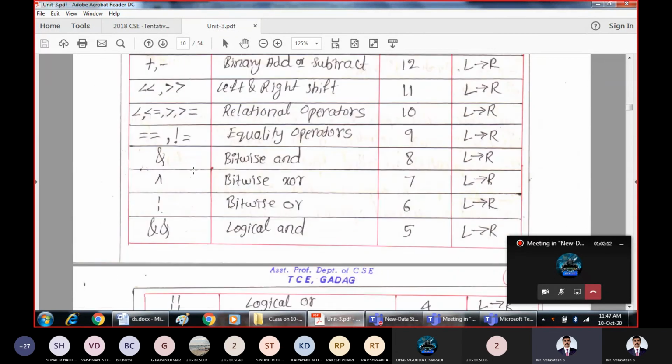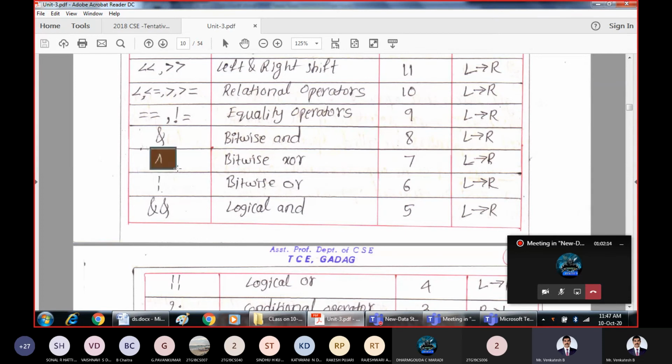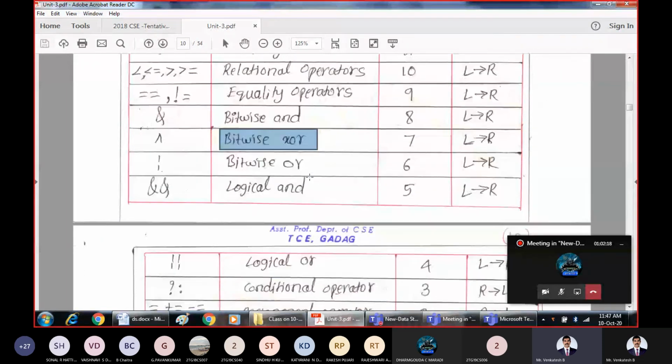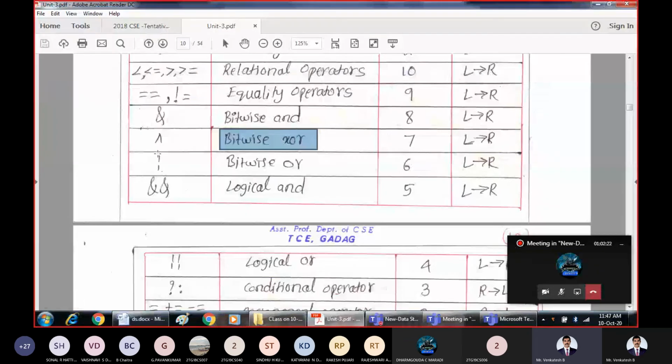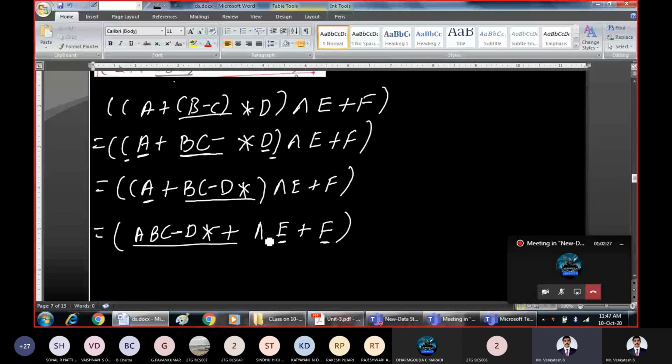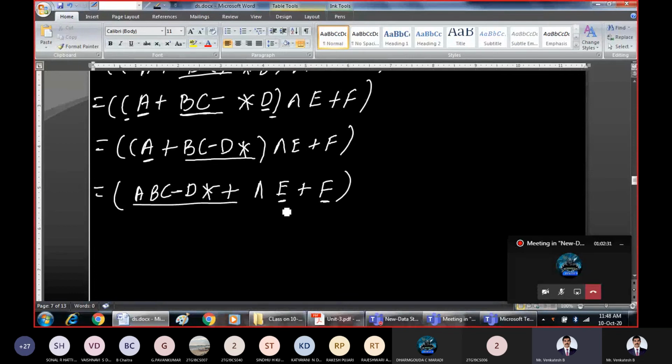See in this table, I'll clarify that also. It is shown here. It is bitwise XOR. Same notation being used. But if it is power, that will be clearly indicated. Just to differentiate this one only, we'll be using dollar. As I said, this power will sometimes be used with the dollar, just to avoid the confusion. Now it is power operator and it is plus. We know that power has higher priority than the plus. So first let us solve this sub expression.